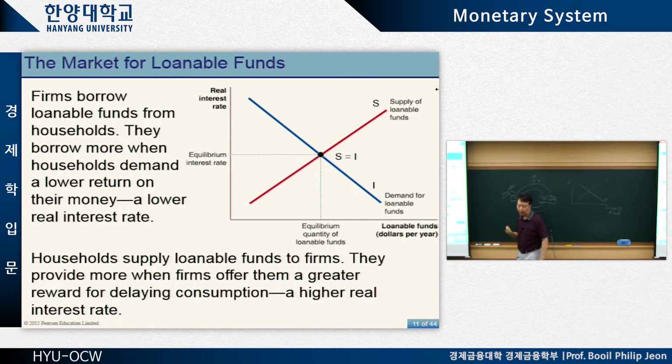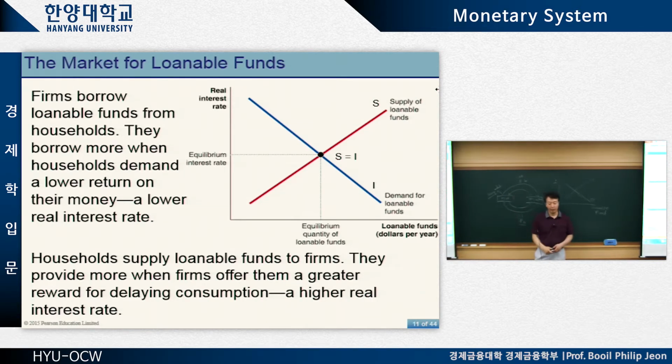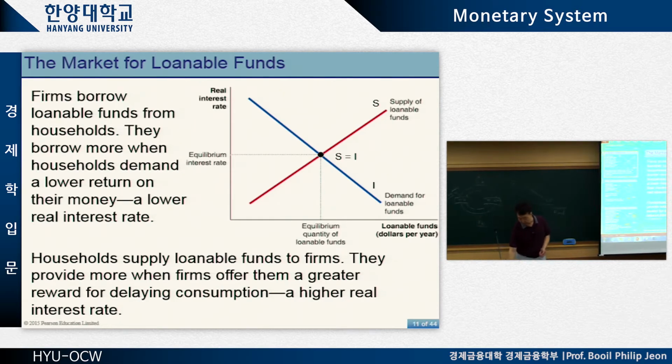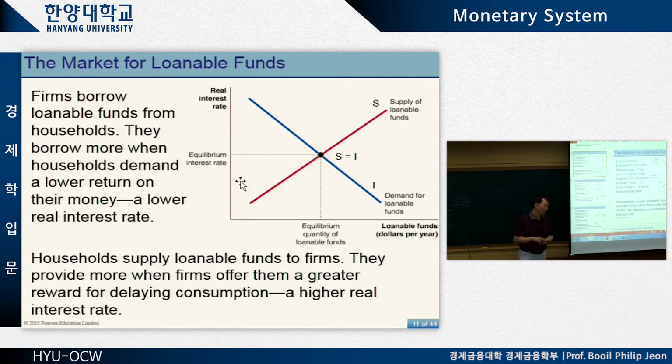So households supply money, and if you think about the amount of saving and the interest rate, if the interest rate is relatively low, let's say banks pay only 1% per year, right, on the money that households save, right? Then some people will not save, or some people will not bring that money to the bank, right? Because many times, in order to receive interest payment, you have to commit yourself, right? Or commit your money for a certain period of time. It's called the CD,